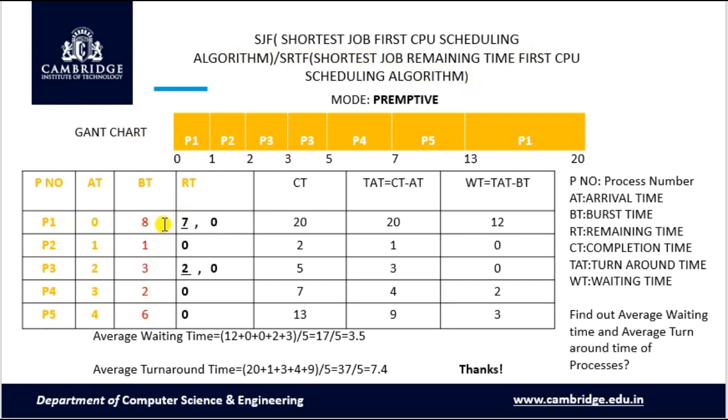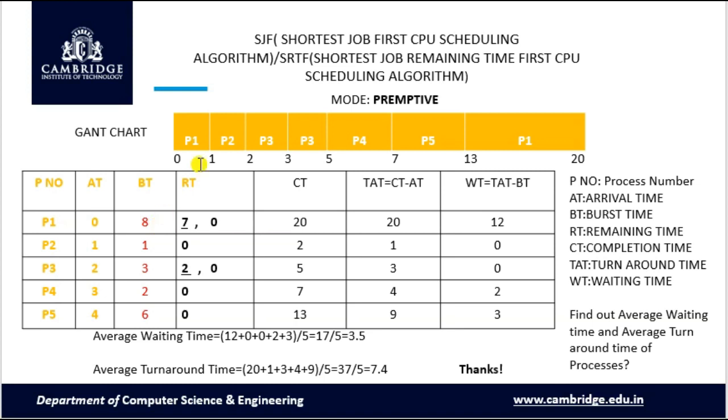It is going to compare with all other processes which are in the ready queue. In that, the CPU or processor is going to analyze which process is going to take less burst time or CPU time to execute. So that is the objective of the SJF or SRTF algorithm.